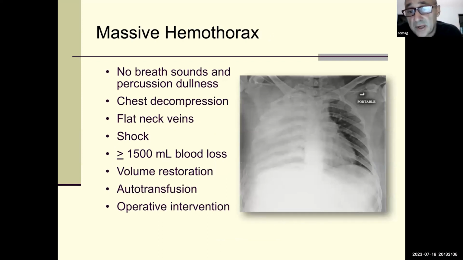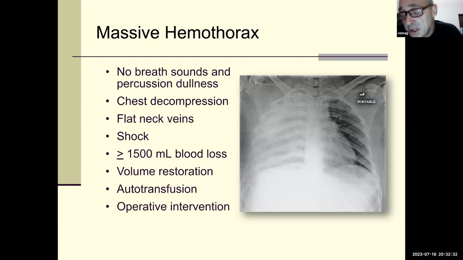Massive hemothorax. Big whiteout on one side. As Markey found out, it can only be red cells, white cells, or water. And this doesn't look like pneumonia since we're talking about trauma. And if we're going to give that much fluid, generally go to both sides. So this is going to be a massive hemothorax because it fills a whole chest. More than 1,500 mils of blood, and it will present as